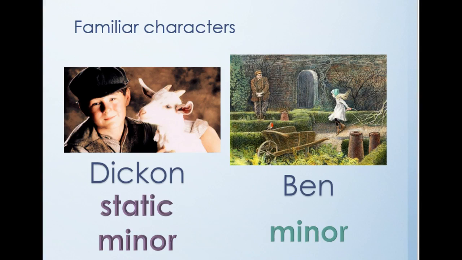Dickon is definitely a minor character because we're not learning about his hardships in life and about his lessons that he's learning. And he's definitely a static character because he starts off as a farm boy and he is that way the whole time. He never really changes who he is, and he's always that person that's in the garden and likes the animals and is Mary's friend. And he doesn't really change. So he's a static